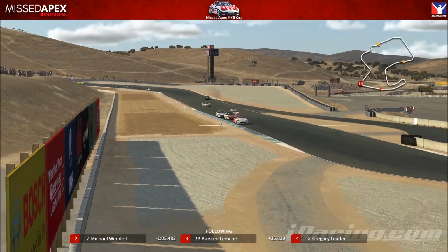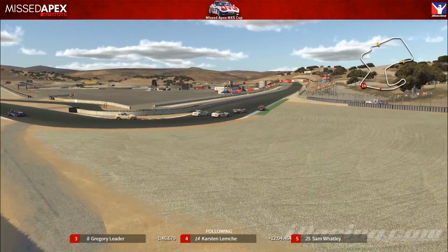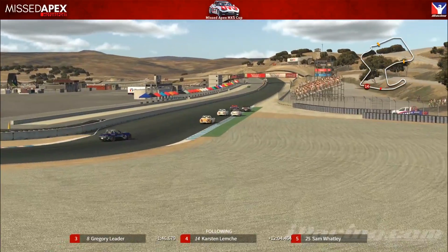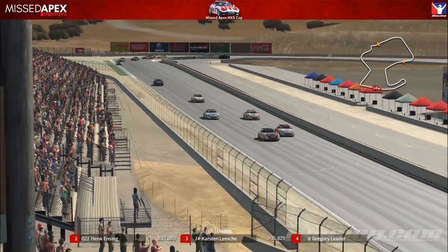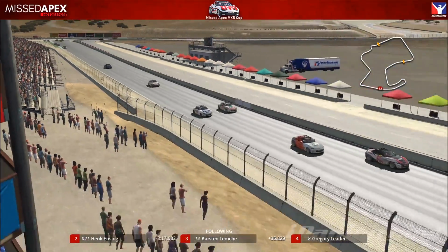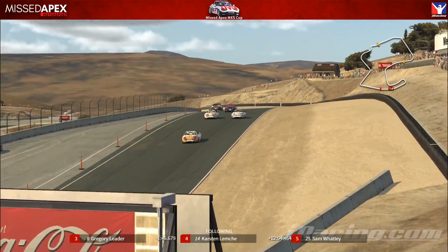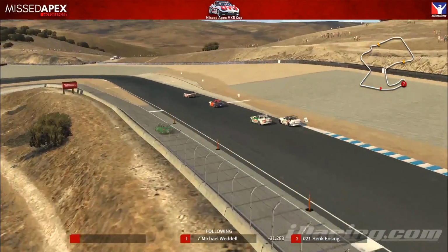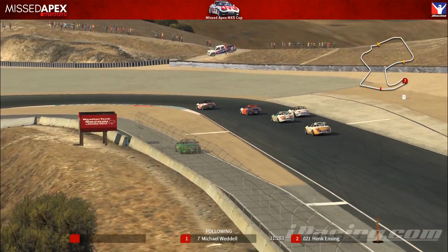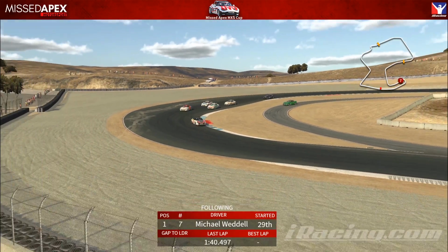Weddle actually might be about to make a move for the lead. Top 4 line astern, down the inside goes Leader on Lemch, and side by side for the lead. Hensing did not have a good run out of that final corner, and Weddle is into the lead by the time they cross the stripe to start lap 4. Hensing missed his braking point into the final corner, put him onto the marbles and then onto the apron on the outside, and that got him a very poor exit, just as Carsten Lemch is going up the inside of...